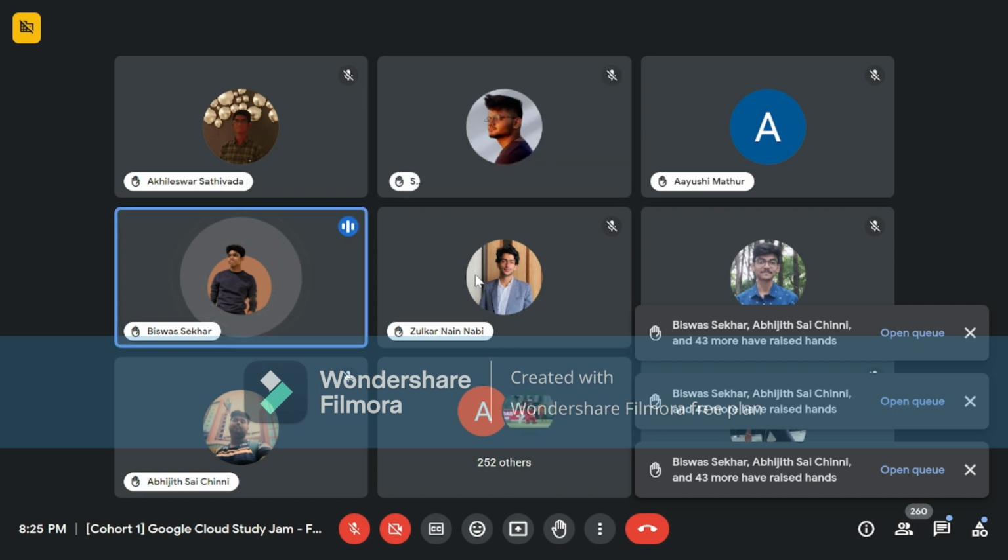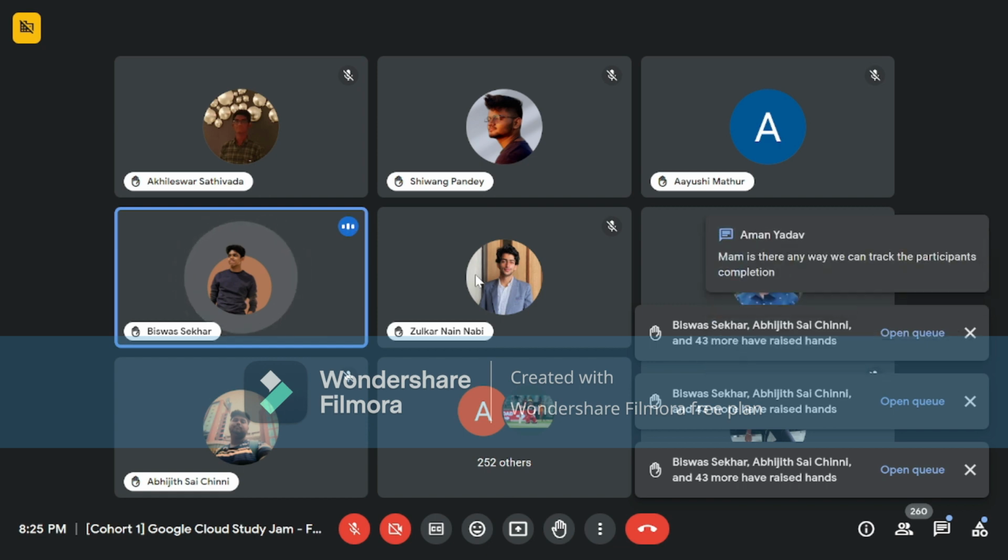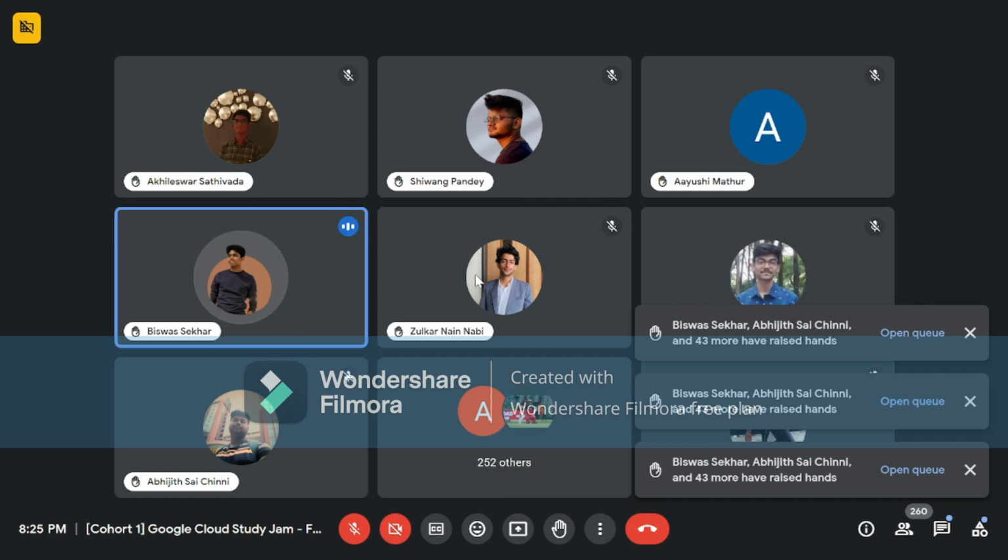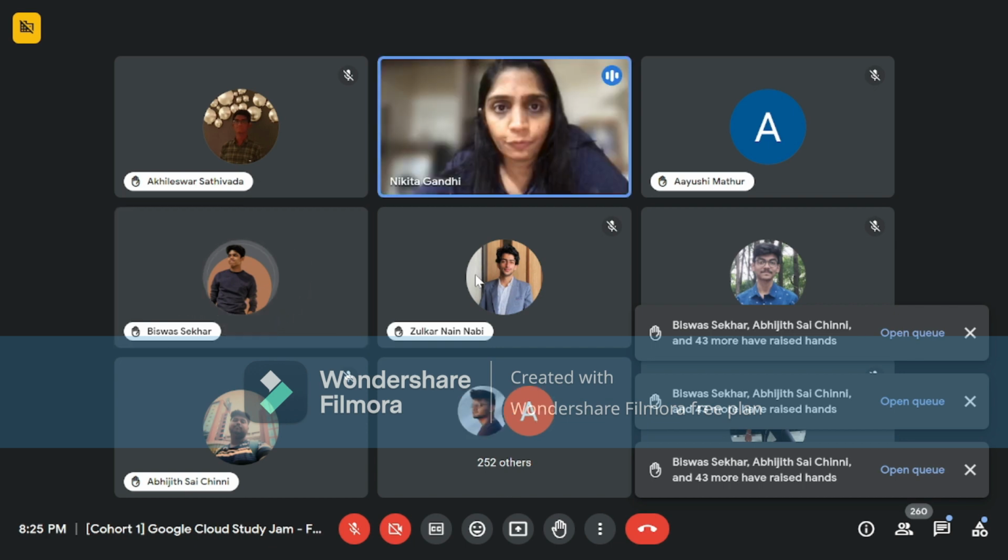Okay. Also, in my district, there is no other GDSC, but there are other colleges, and I know a few students. So, if I can fill up more students by sharing with them, is it possible, without a GDSC on their campus? Yeah, so you can have participants from other campuses as well, especially where there is no GDSC. But like I mentioned, the code should not be leaked to anyone.